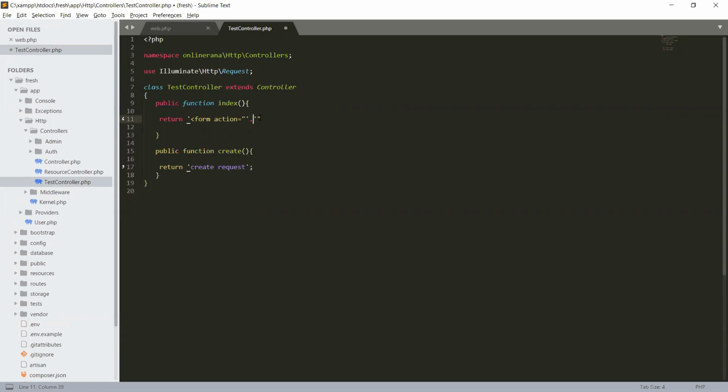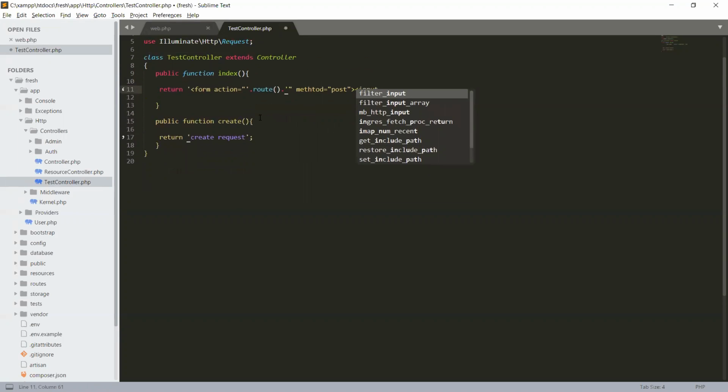So let's concatenate our route helper, and we will define our route right here. And now method, method is equal to post, and under that the form will be input